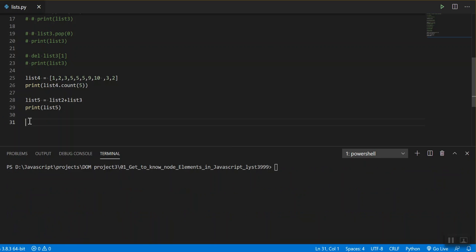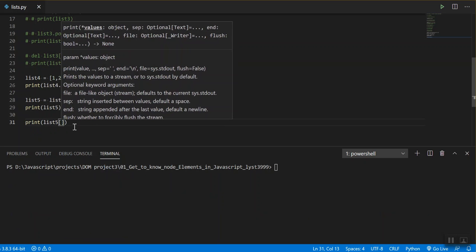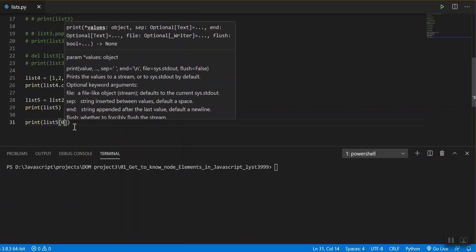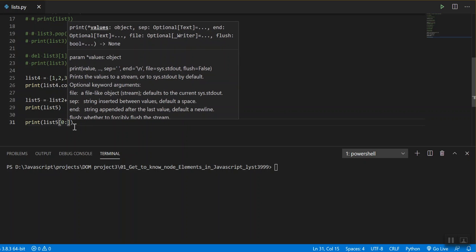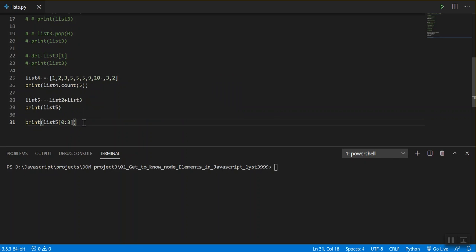Let me just show you one last thing, slicing. You can then go and do all kinds of slicing with that. If I want to slice a list, let me show this on the console. I can simply write list 5, and then give the starting index, which is 0, and I want it to slice till the third, but not including the third. Remember, it is up to the third but not including the third. And if we run this,